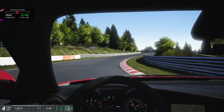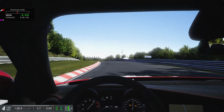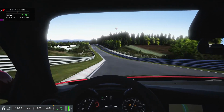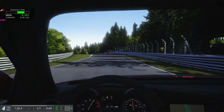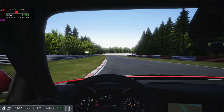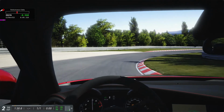So just something to note about the car. The other thing that I do not like about the car, I think this is the biggest criticism I have of this car, is it feels like it's very stiffly sprung. So all these bumps that I'm going over are having quite an impact on, oh dear, on this car. They are having quite a significant impact on this car, and I think that is also not helping with the lockups, because obviously it